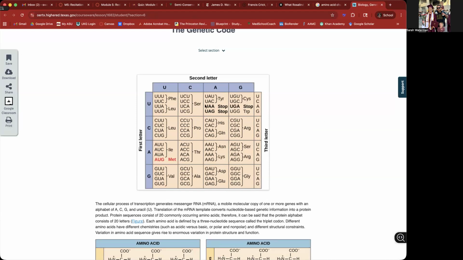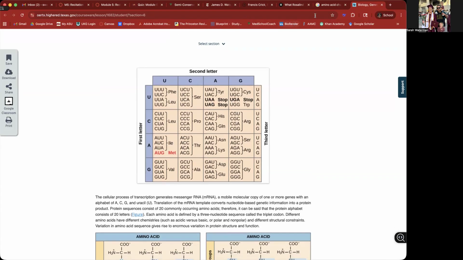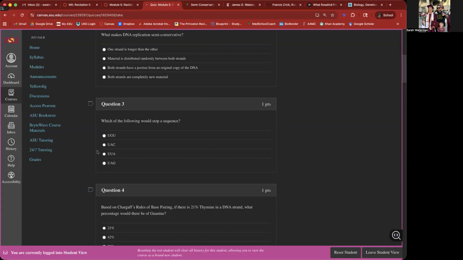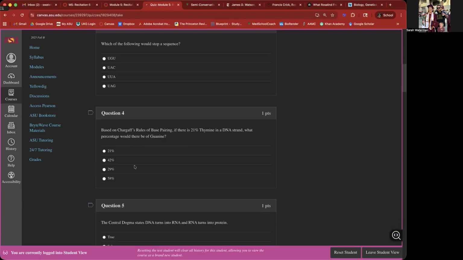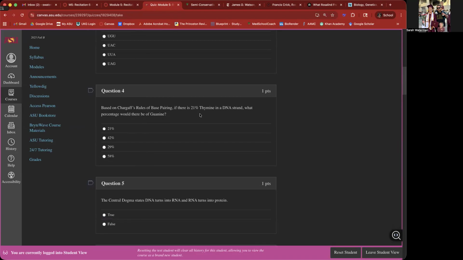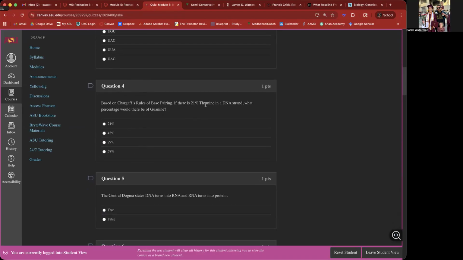So it's not a bad thing to try to remember UAA, UAG, and UGA. If we were looking at that, if you pull that up, you'd be able to figure out which one of these is a stop sequence. So based off Chargaff's rules of base pairing, if there is 21% thymine in a DNA strand, what percentage